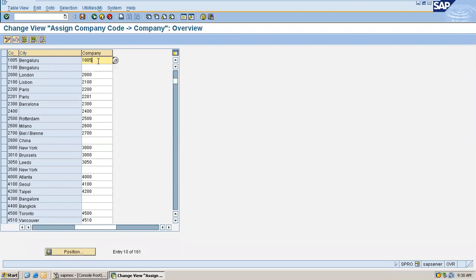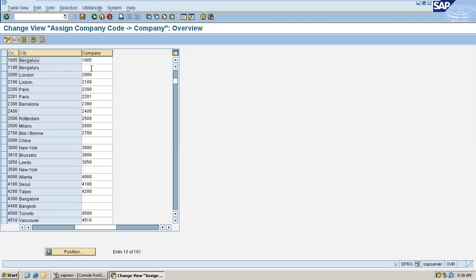So multiple assignments to a company code are not possible when you're assigning companies. So this is what I'm saying. When you say the relation between company to company code, it is one company, many company codes. If you say it in a reverse way, like relationship between company code to company, many company codes, one company. Maybe little confusing to you now, but I'll explain it later again.